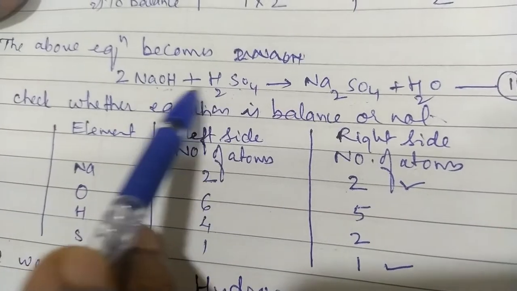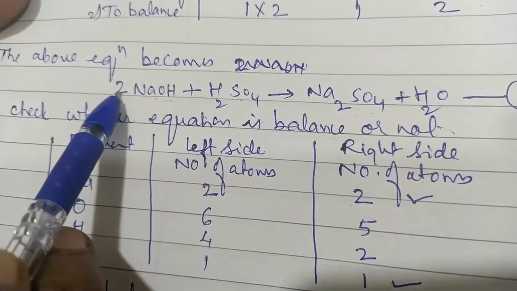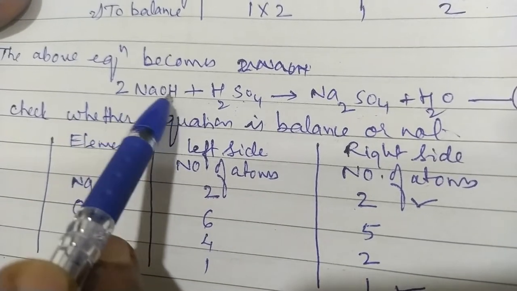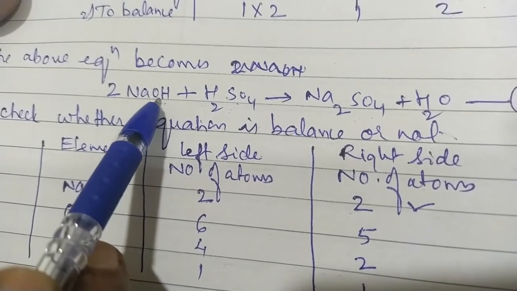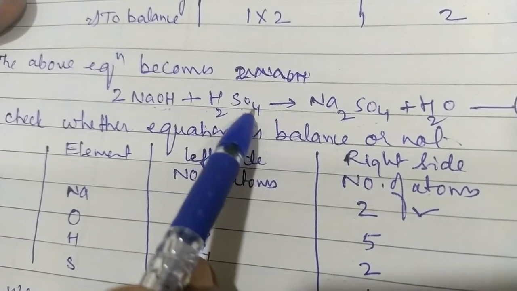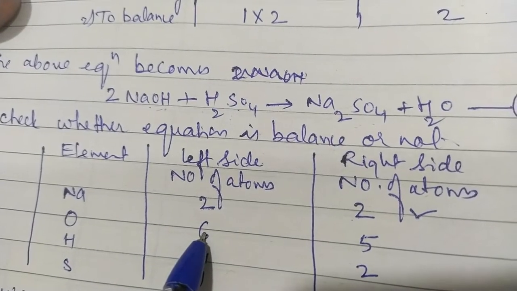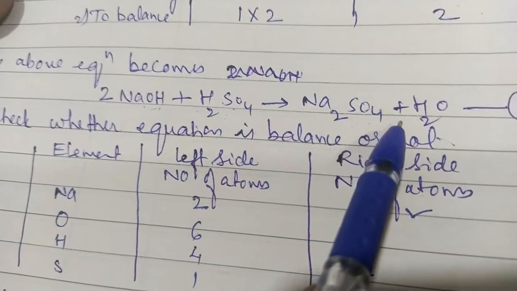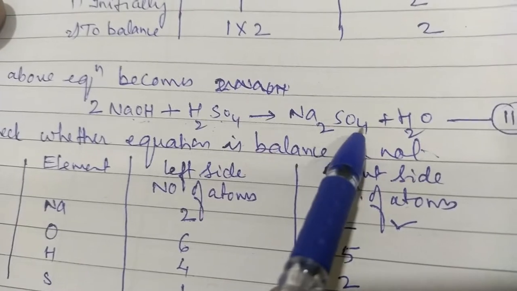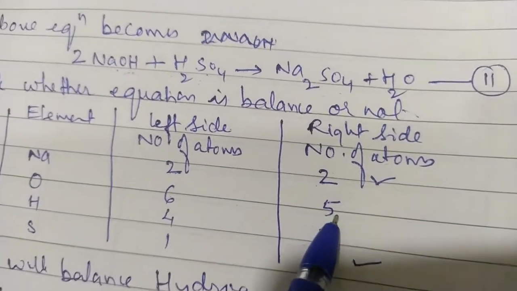Okay. Now next is the oxygen. We will see how many oxygen atoms are there on the left side. See here, O. This is O and this is here. This 2 is for all the atoms of this element. Okay. So this is 2 oxygen atoms. Then here 4. So 2 plus 4, that is 6 oxygen atoms. Okay. Now on the right side how many oxygen atoms are there? You see here 4 oxygen atoms and here only 1. So that is 5. Got it?